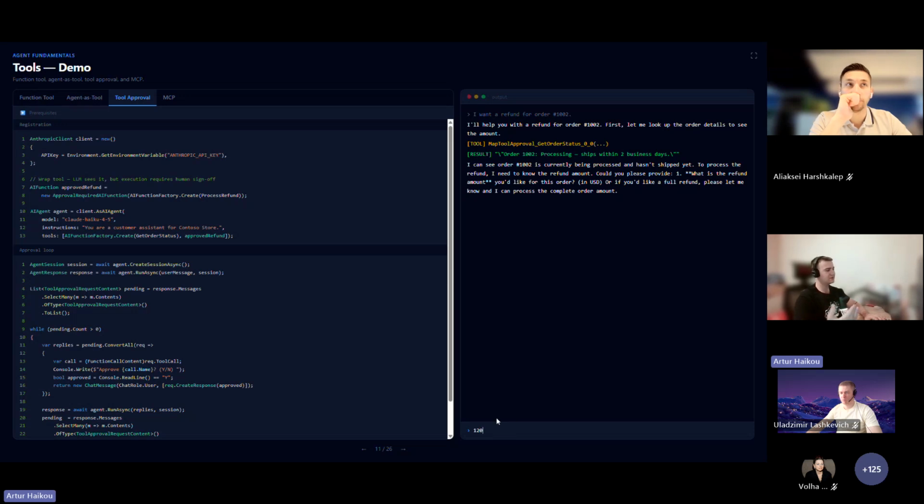Why does it ask for the amount every time? Because for the refund function, we have one additional parameter, the amount. And when the user asks, I want to refund, we do not have this information. As a result, the agent is going to clarify how much we are going to refund.